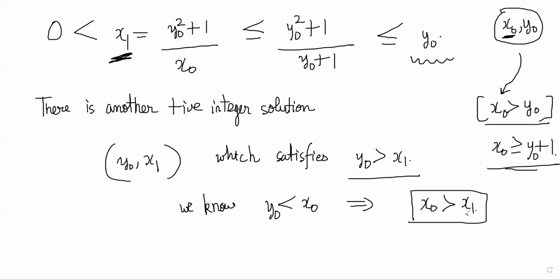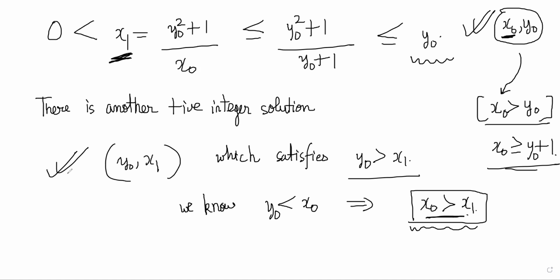So therefore x1 is less than x0 also. But that contradicts our assumption of the minimality of x0. We had said that this is a solution with minimum x0, and now we are able to construct a new solution (y0, x1) where x1 is smaller. So it is contradicting our assumption of minimality of x0. Therefore, there are no such solutions